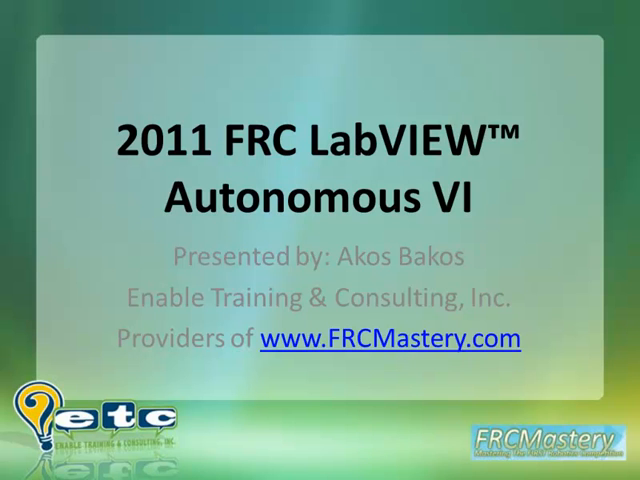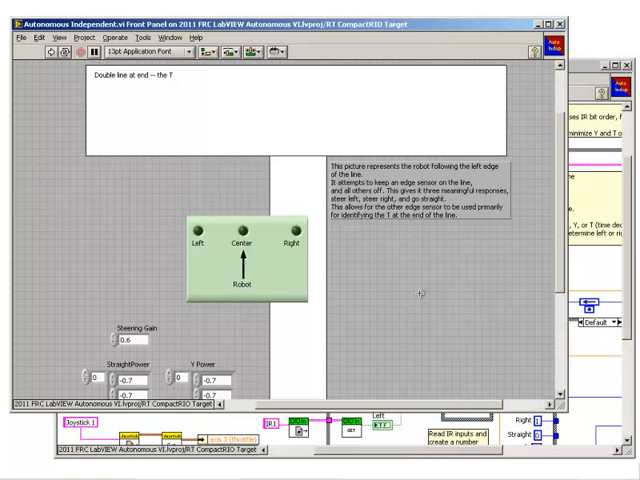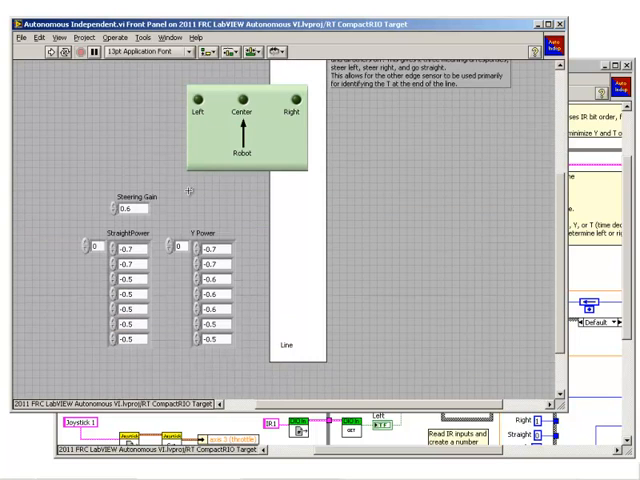The purpose of this video is to provide an overview of the default 2011 LabVIEW Autonomous Independent VI provided by FRC. We'll start by looking at the front panel of the VI. In this picture, you can see how the robot should be oriented in order for it to follow the line using the code. These controls will set the forward and turning speeds of your robot, and we'll come back to them later. That's about all we can say about the front panel for now, so let's head over to the